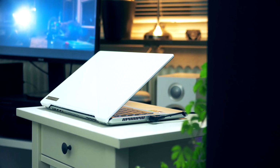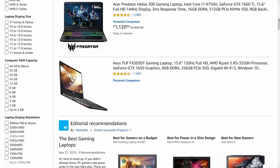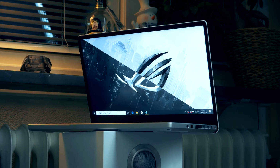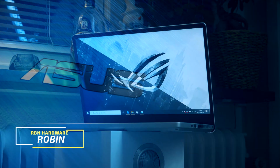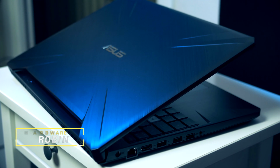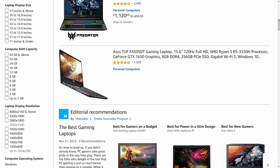There are a ton of gaming laptops available on the market these days, many priced over $1,000. This is typically where you find Asus, and their cheapest Zephyrus G14 configuration starts at $1,200. This super fast, super slim ultrabook with great battery life is definitely a beast, but it's far from cheap. My point is, with so many gaming laptops to go through, all usually selling for well above the 4-digit mark,